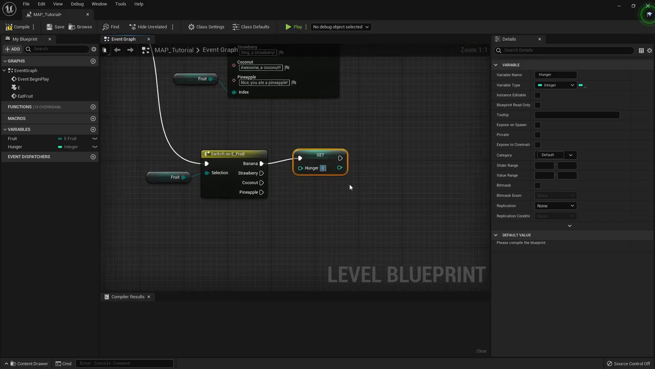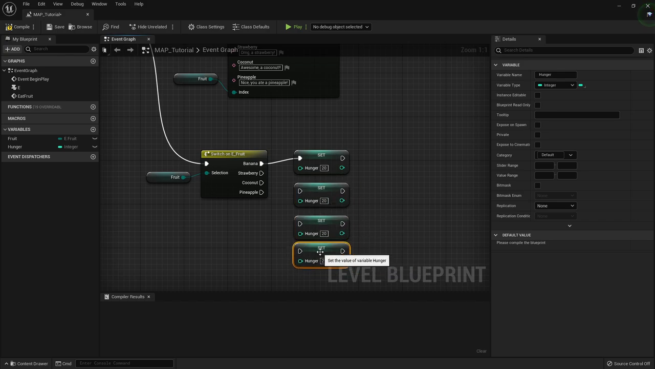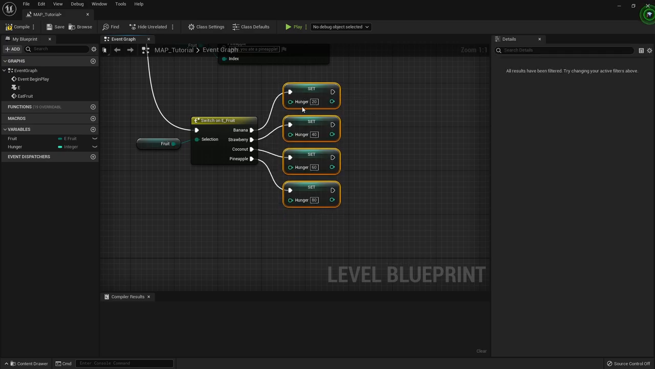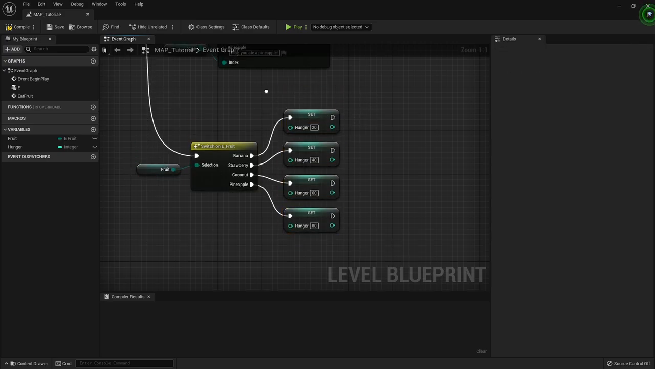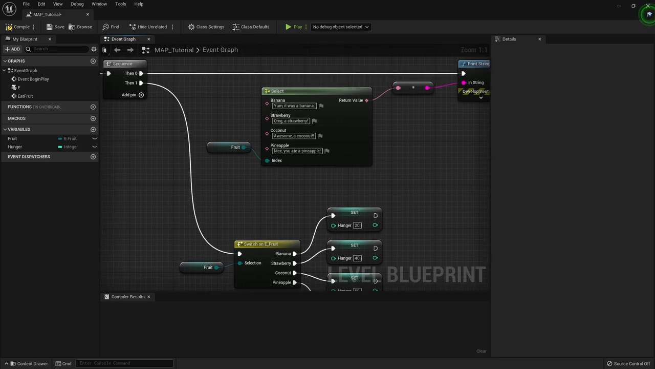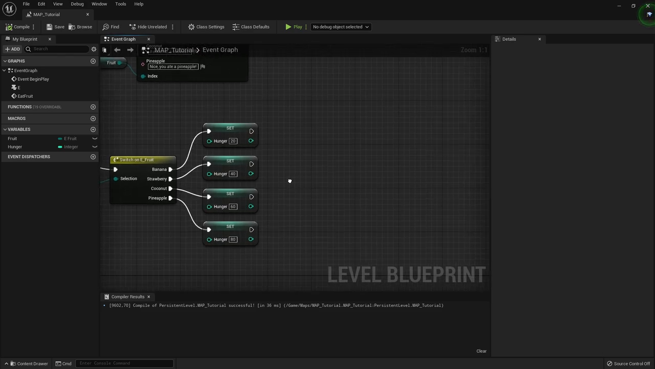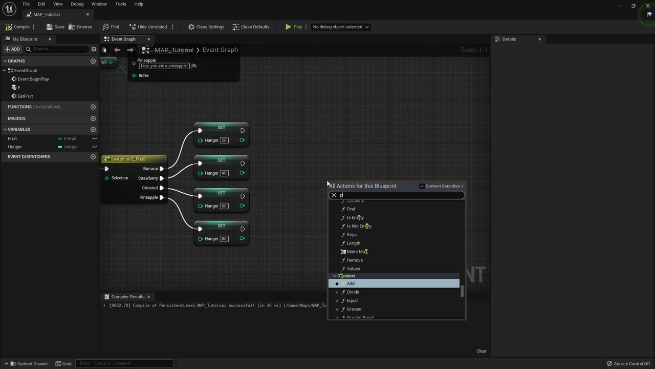So for banana, let's set it to 20. And let's copy paste it a few times, and let's change these values to different values. Something like this. It doesn't really matter what you change them to. This is just practice. Okay, so now we have this hunger, and it's going to display to the screen what the hunger meter is. So after doing this, we can print to the screen,